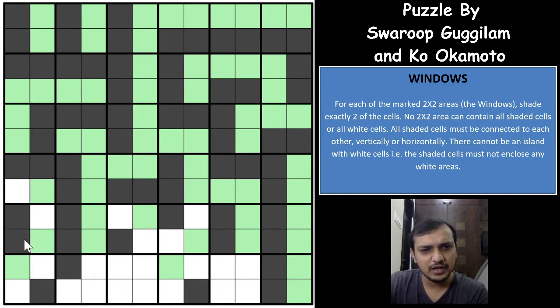so this cannot be black, so this has to be white. Now this has to be black. Okay, this is black, this is white, black, black, okay, white,